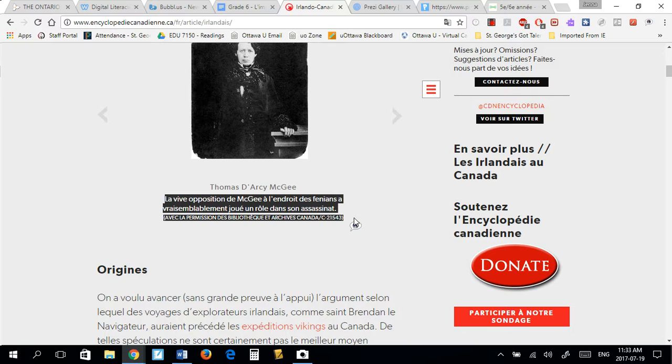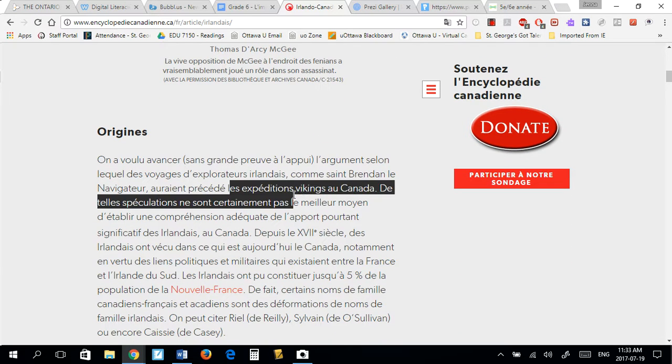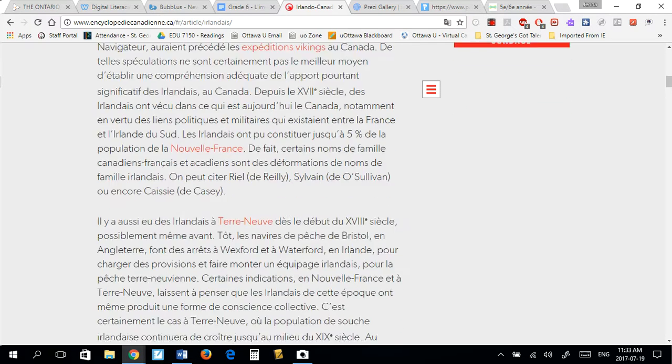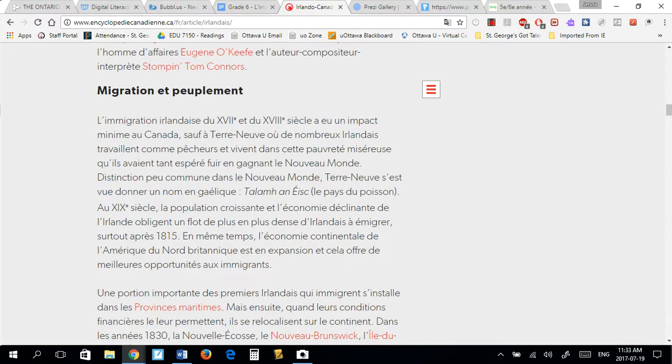And, oh, okay, so D'Arcy McGee, okay, il a aidé les personnes. Oh, ils sont assassinés. Okay, interesting. Oh, look, it helps me to look at items that are bolded or different colored, so it takes my attention there. So it gives them different reading strategies, and while you're modeling to them, they don't need to understand every single thing. They can just explore, oh, here I might look at migration, that looks like an English word, migration.